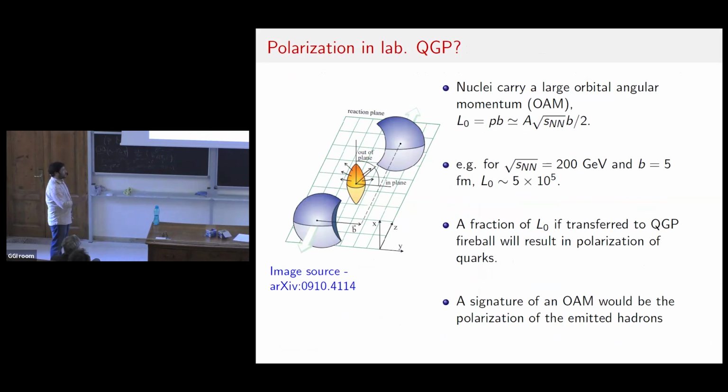The reason for this question can be understood from this figure. Two nuclei traveling in opposite directions at ultra-relativistic speeds and at non-zero impact parameter carry a very large initial orbital angular momentum, typically of the order of 10 raised to the power 5. As the non-participating nucleons break off from the interaction region, they may transfer some of the initial orbital angular momentum to the plasma, causing it to rotate at very high angular velocity.